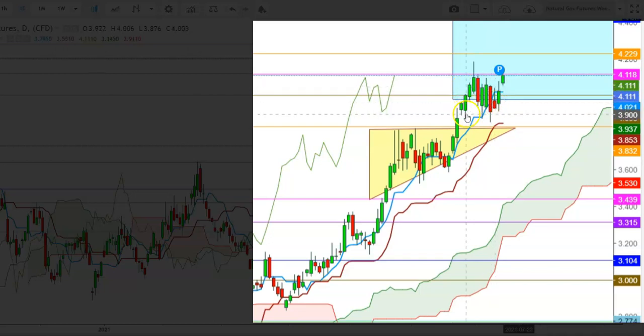So friends, here you can see how the natural gas futures have consolidated during the last several trading sessions in a range from the levels of 3.930 to $4.071, where in today's move the natural gas futures finally look ready for a breakout move above the immediate resistance at $4.118. And here I find that if the natural gas futures sustain